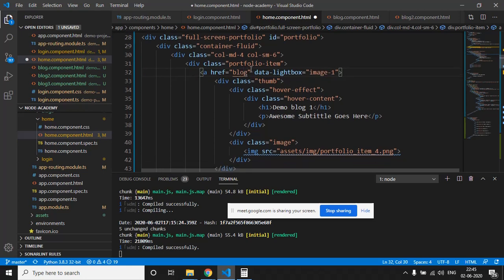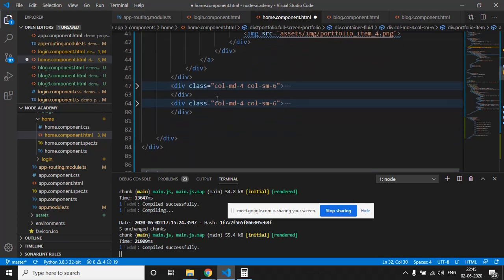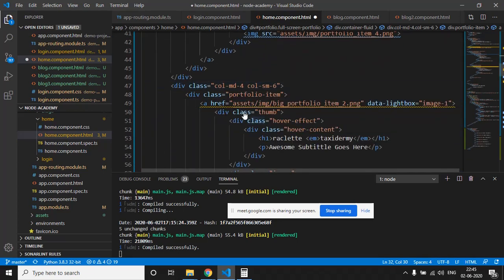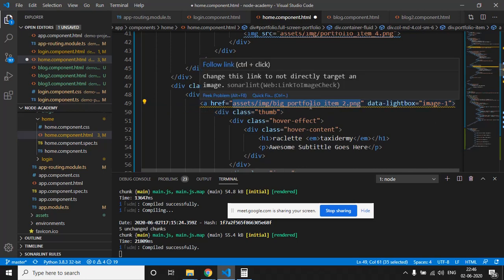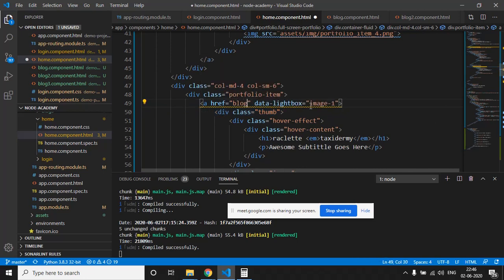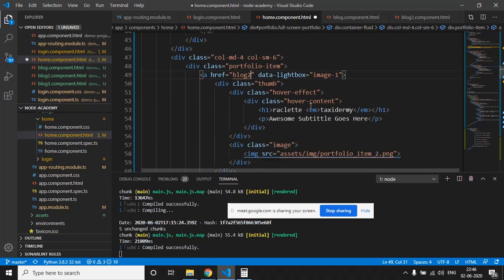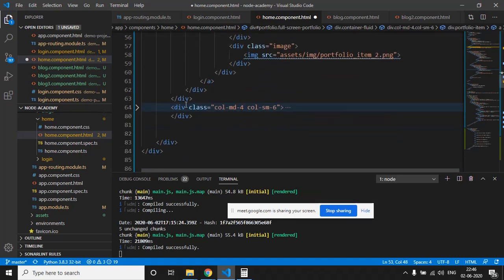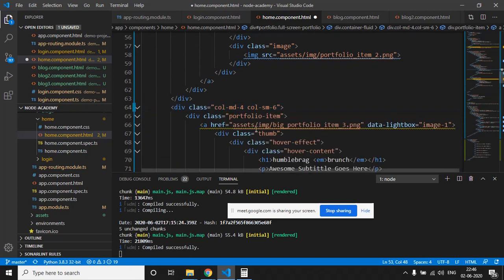On the second card, when we click on it, it should take us to blog 2. Just change the name to demo blog 2, and when we click on the third card, it should take us to blog 3.